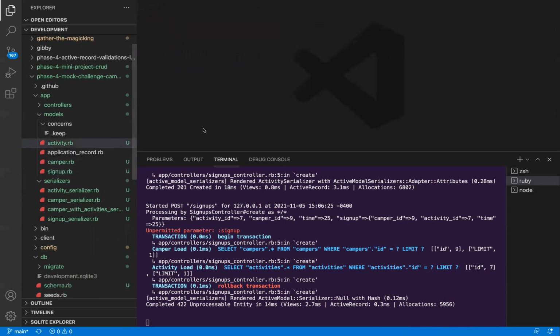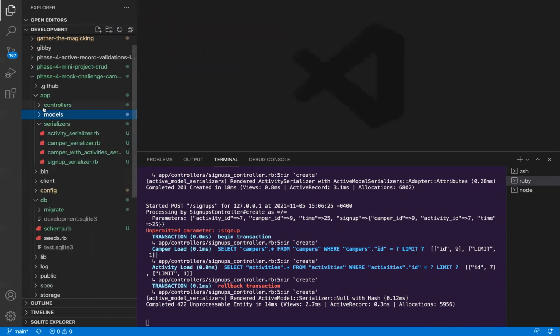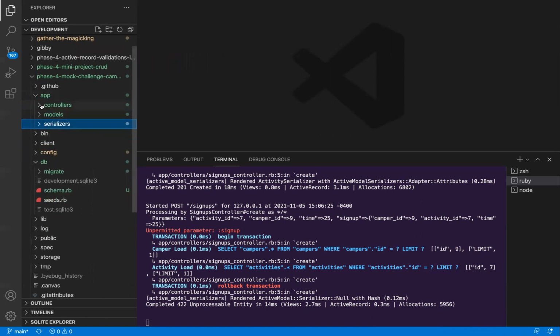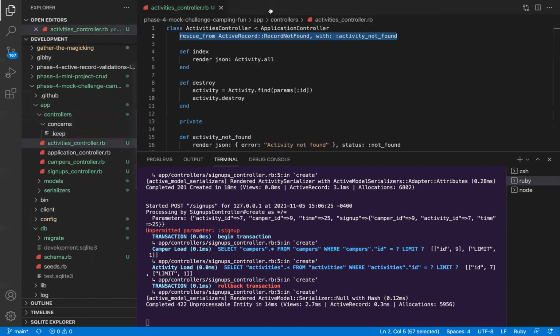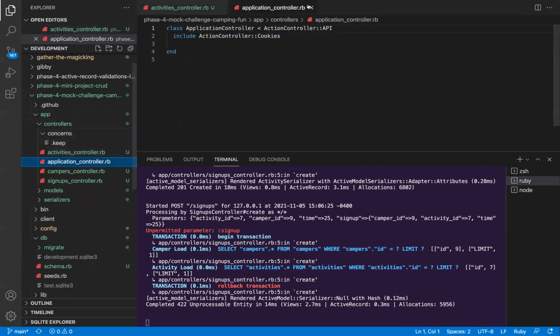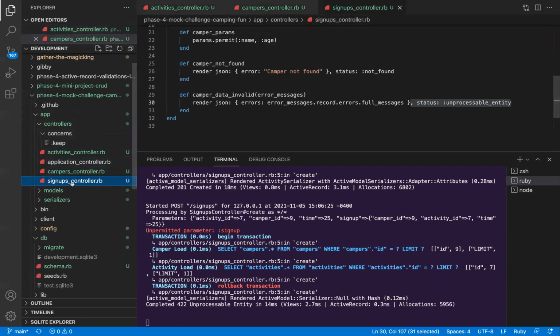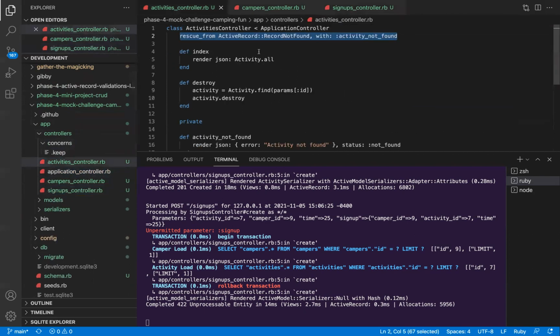Okay. In addition to the models, it also created controllers for us. Okay. So looking at our activities controller,